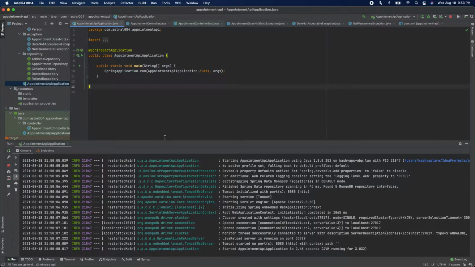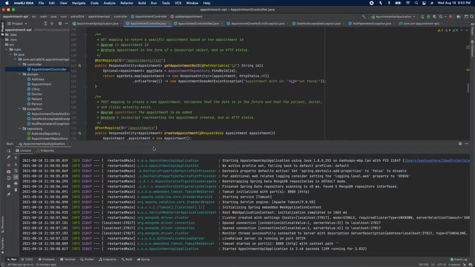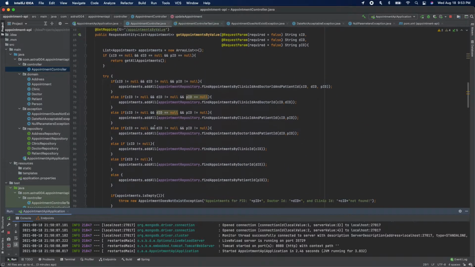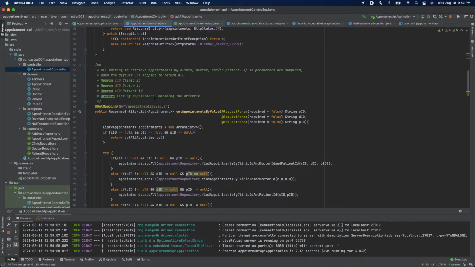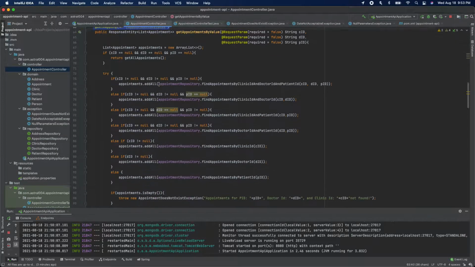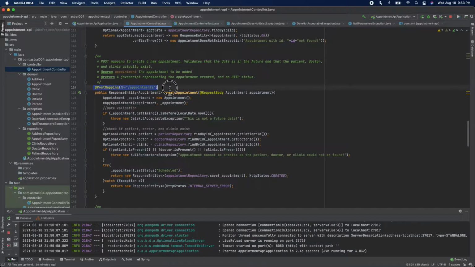Okay, so we are going to go ahead and do a quick demonstration of the appointment API and particularly the appointment controller, which you can see is already up here, started on port 8080. Essentially, we have three get mappings that are possible. You can do a get mapping to slash appointments, which will get all appointments that currently exist. You can do get mappings by value for clinic ID, doctor ID, and patient ID, and that will give you specific appointments. And you can do a get mapping for appointments with a particular ID,